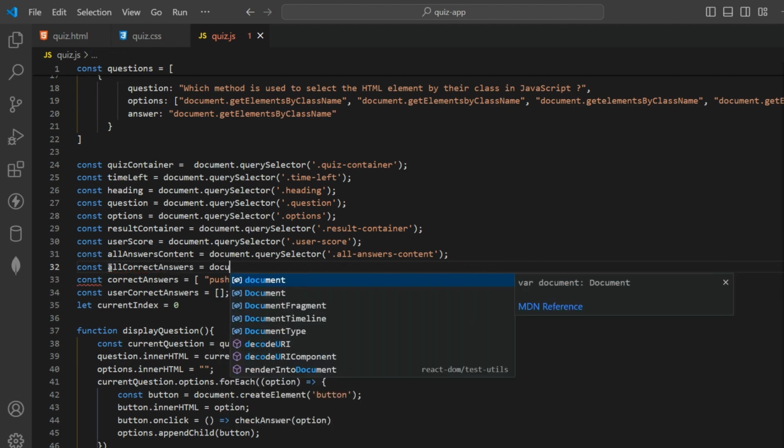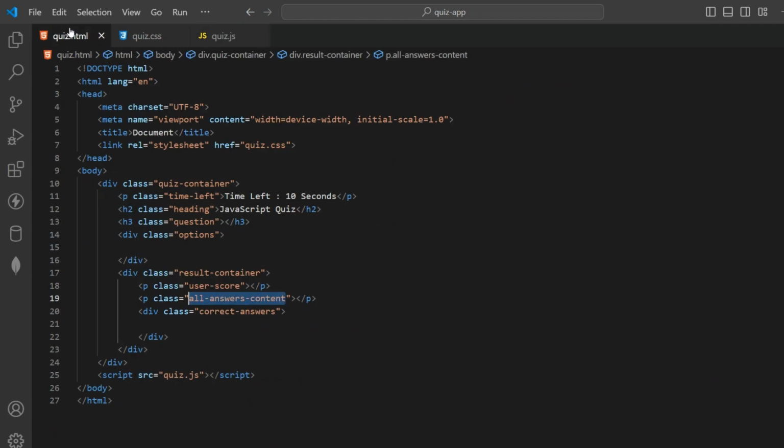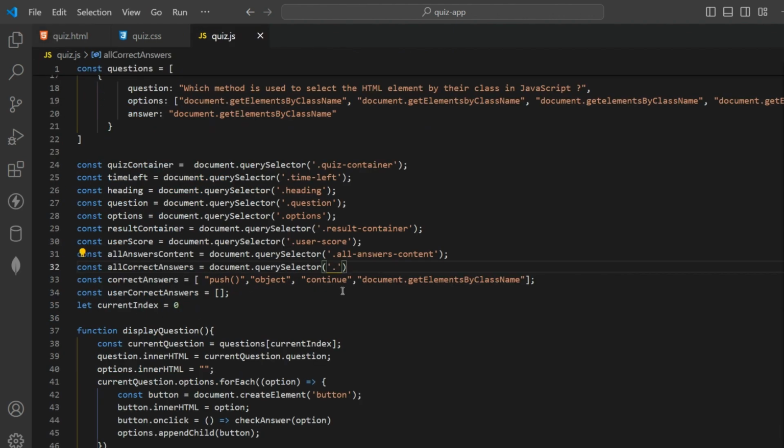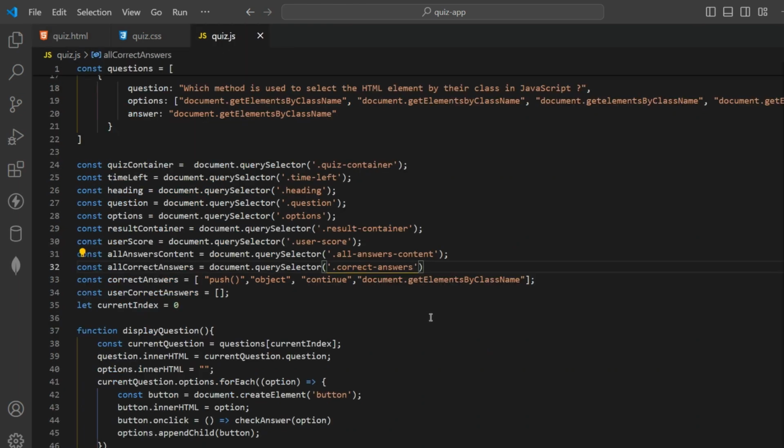And then inside this we are going to select that div tag with the class name, correct answers. Let me copy this and paste it here. So now we have successfully connected all our HTML elements inside our JavaScript file, and we are storing every element